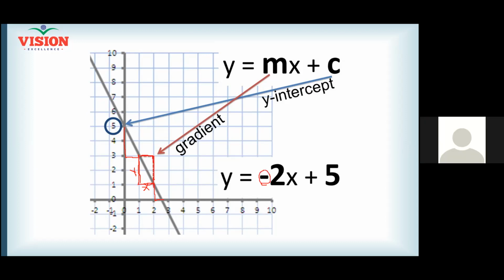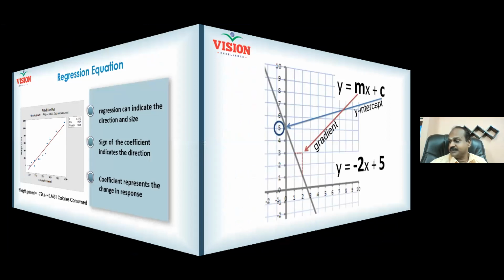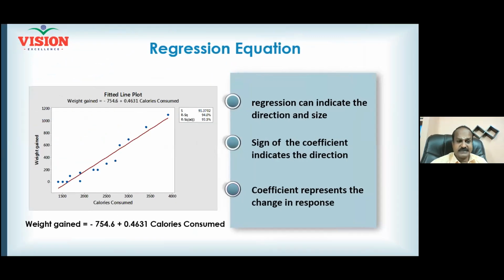For every single unit change, how many units of change have you observed in y? 2 units. That is why you have 2 here. Clear? So you know how to impact your y. When I increase 1 unit in my x, in this particular equation, my y will increase by 2 units. And now you go back. Your number is plus. You know the meaning of plus.